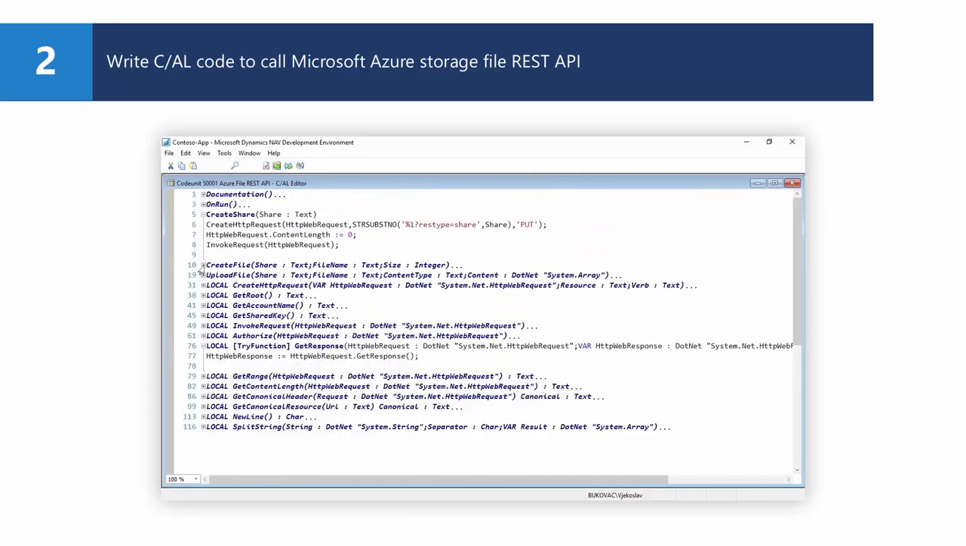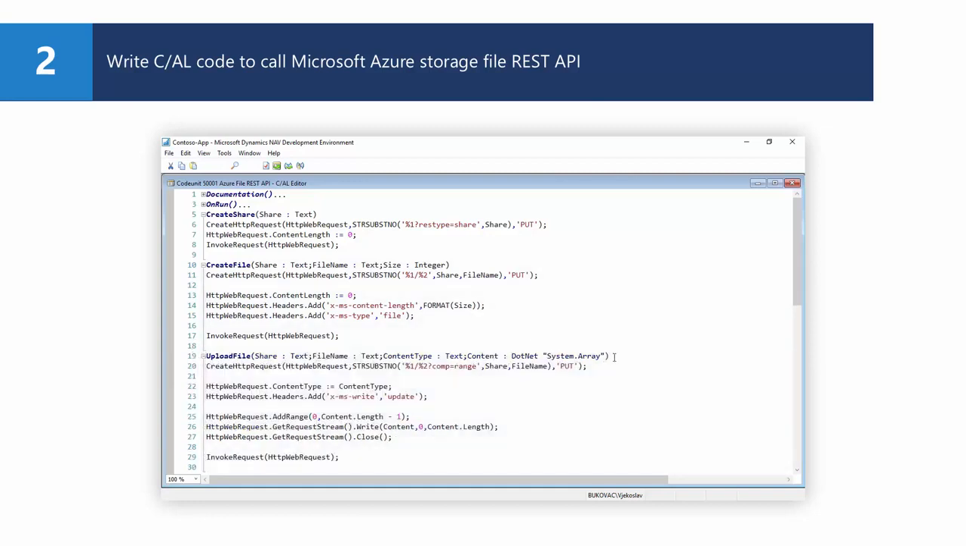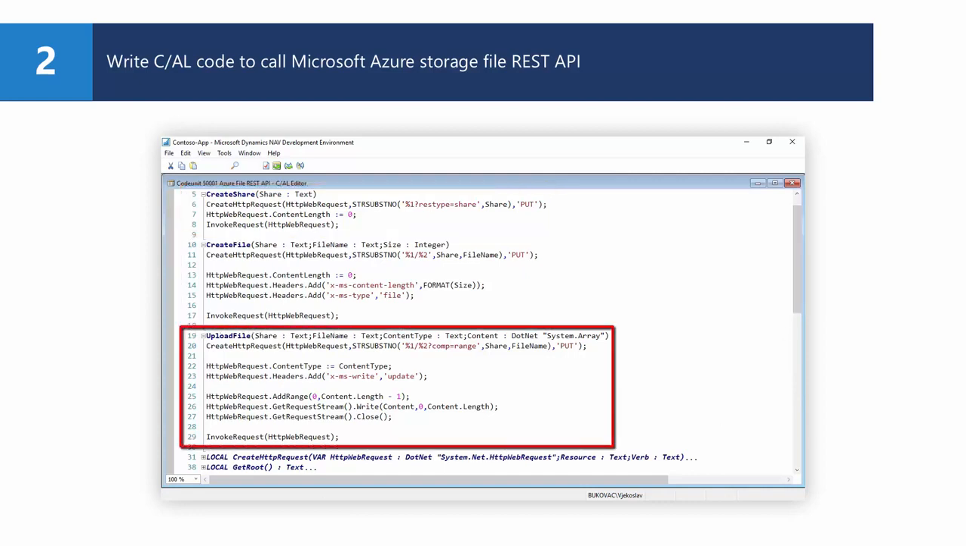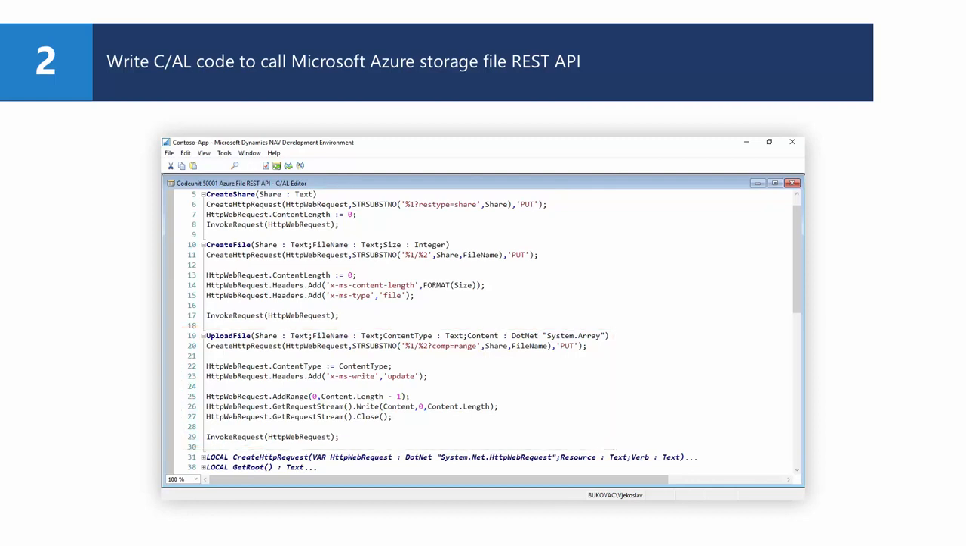Now I have 3 demo functions that consume this infrastructure to perform specific REST operations: creating a file share, creating a new blank file of a specific length, and uploading content to an existing file. First, the createShare function creates a new request with the URL in the required format prescribed by the REST API, then explicitly sets the content length to 0, which is also mandated by the API, and finally calls the invokeRequest